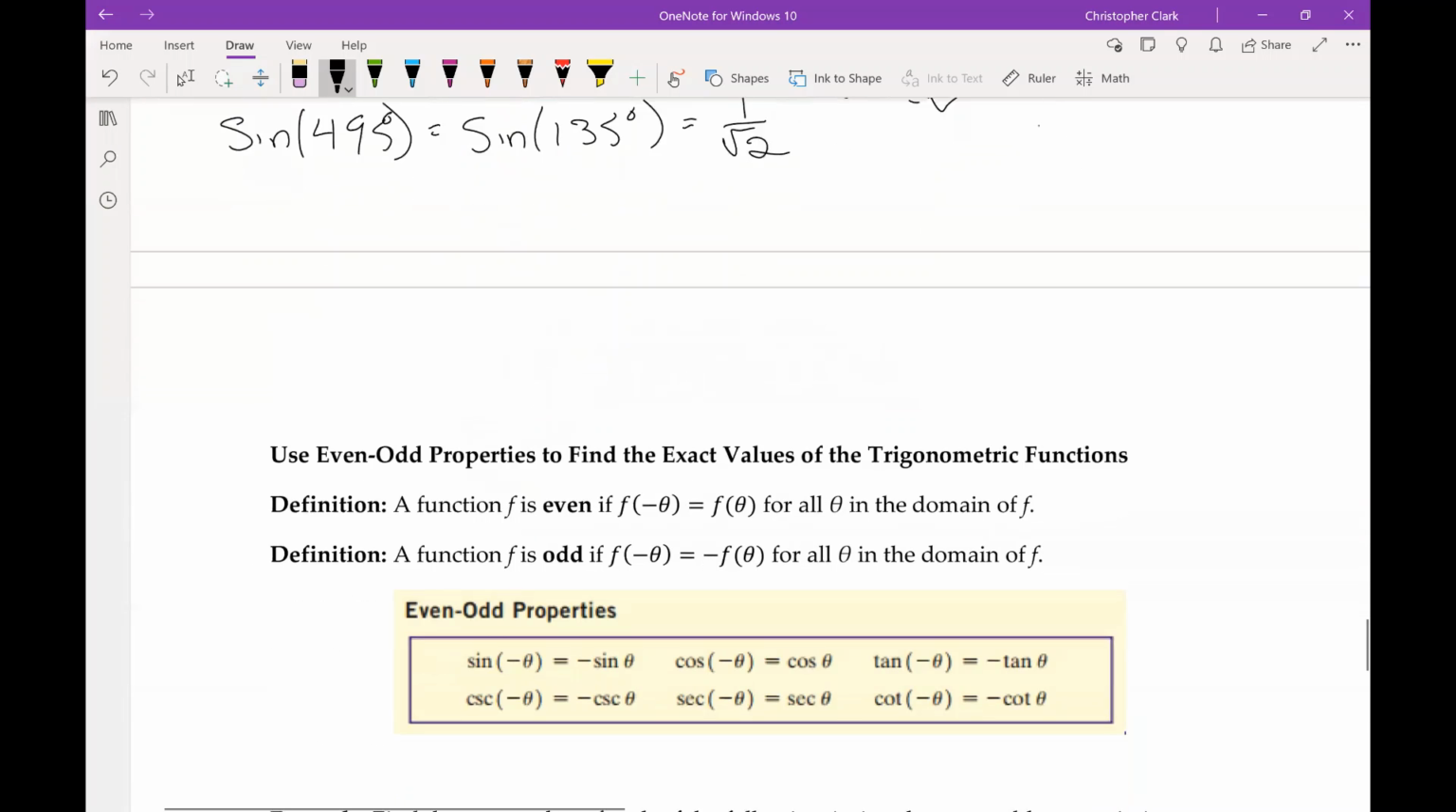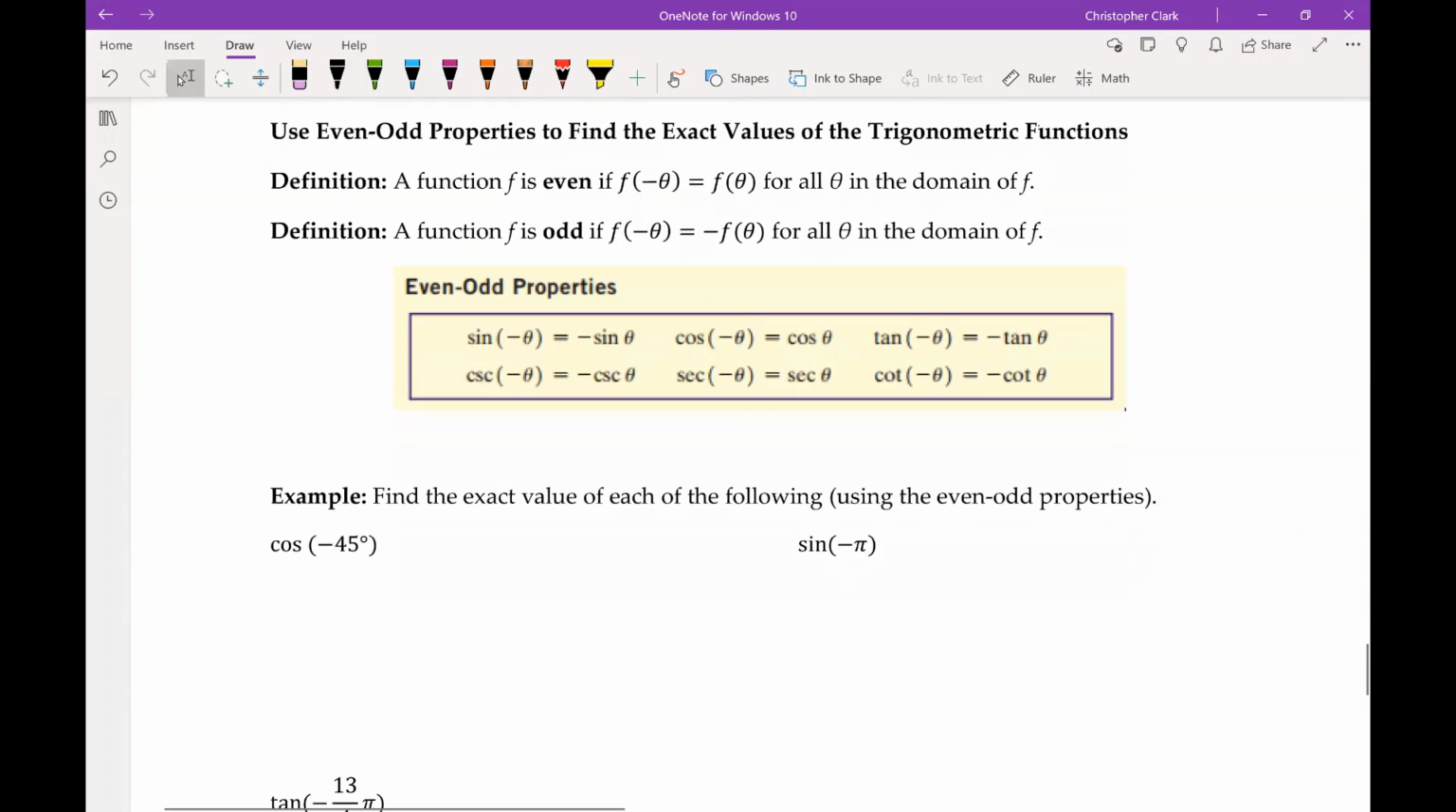All right, so we're nearing the end. So we can use even and odd properties to find the exact values of things that we don't really know. So let's start off with cosine of negative 45. So negative 45 is not something that we normally think of having memorized, but that's okay because we can look here and see, oh, hey, cosine is actually